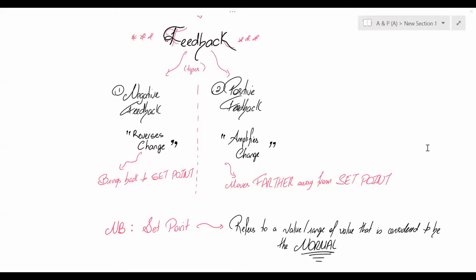So that's all you need to know. Negative feedback reverses the change, brings it back to equilibrium. Positive feedback, plus, plus, plus, more, more, more, amplifies the change or further deviates from the equilibrium.